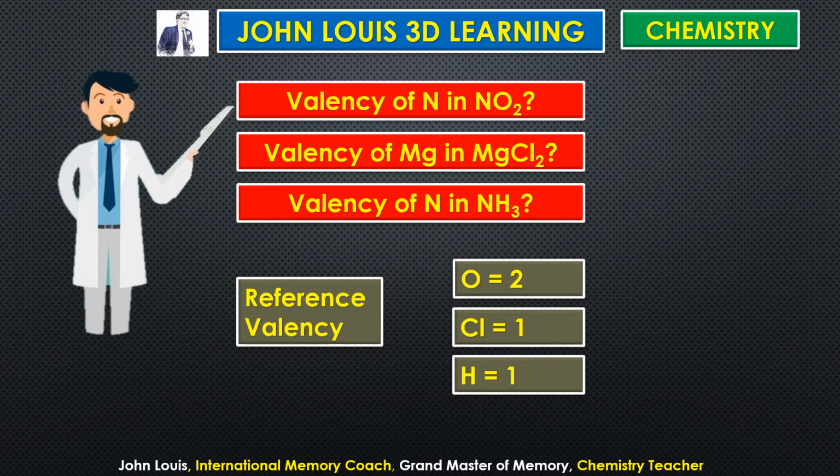Okay, for example, my weight is 83 kilogram. What is that 83 kilogram? We have taken a certain weight and assigned it as 1 kilogram. I am 83 kilogram means I am 83 times heavier than that 1 kilogram. Similarly here, the valency of hydrogen is 1, chlorine is 1 and oxygen is 2. They are all taken as standard, and based on this we can find out the valency of other elements. So here we need to find out the valency of nitrogen and magnesium. Before we go and work it out, let us understand the steps involved.